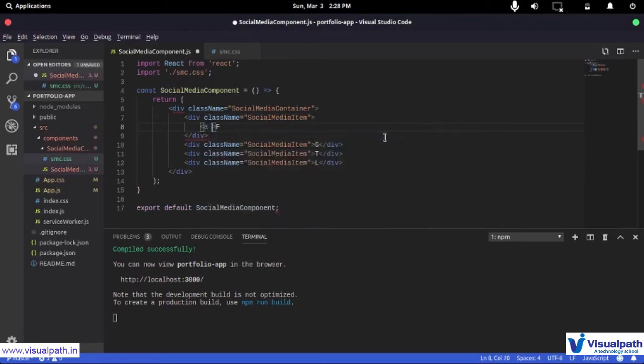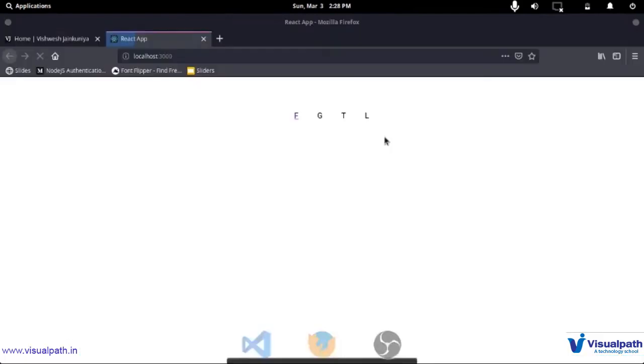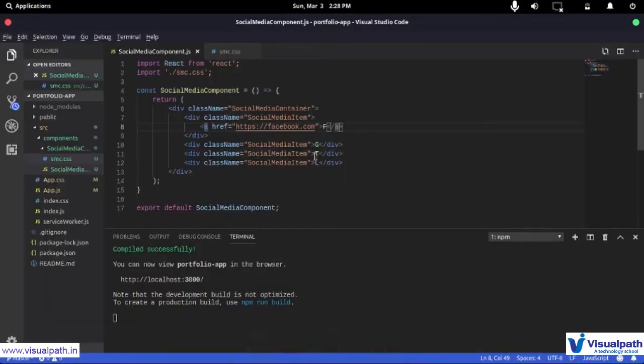For Facebook, I'm going to use https://facebook.com, and I'm just going to close this. Now I'm going to save this, and you might see that it has a little color change and a line under it, showing that this is an anchor tag, or a link basically.